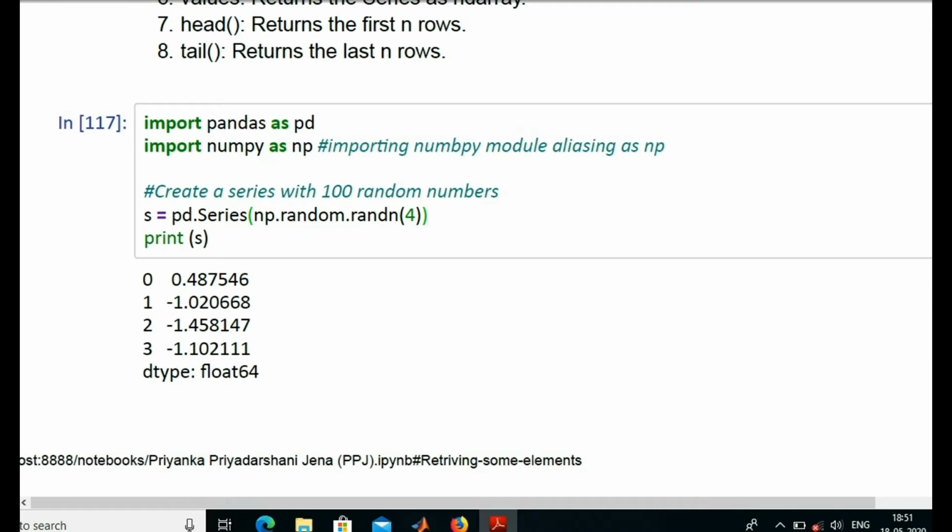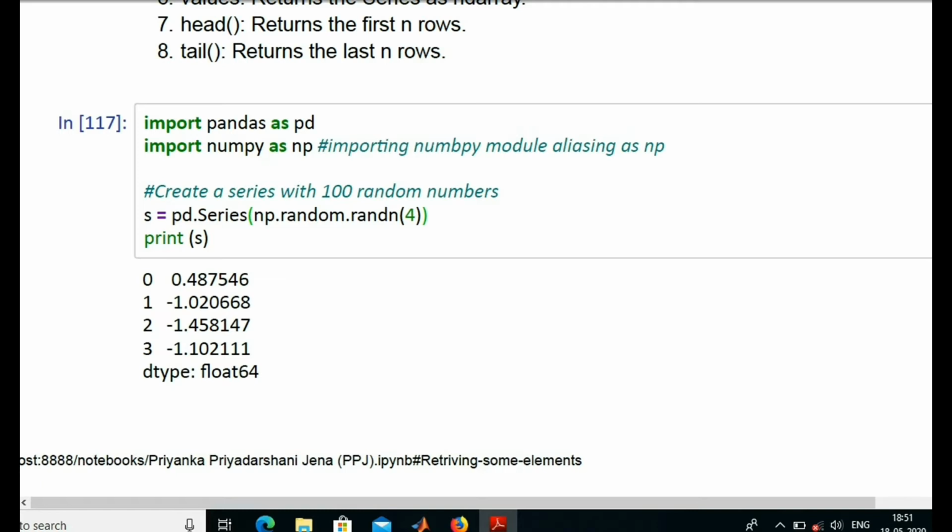Okay, create a series with 4 random numbers. That's why in this function random.randn we have passed 4, as we want to create 4 random numbers.